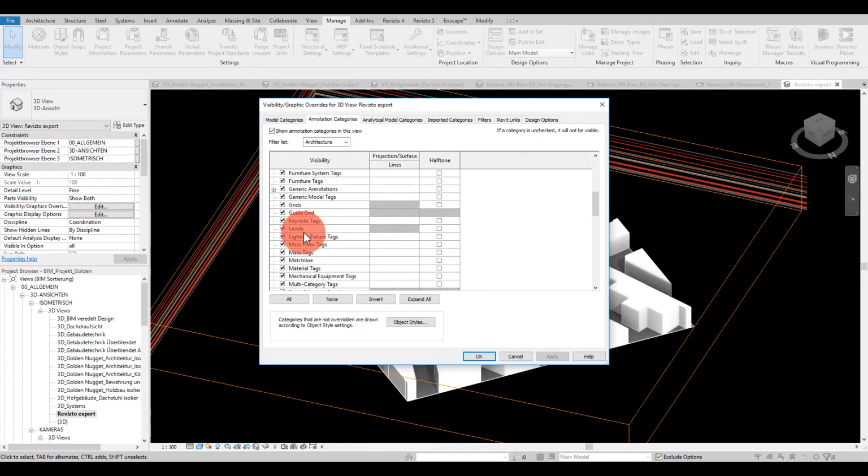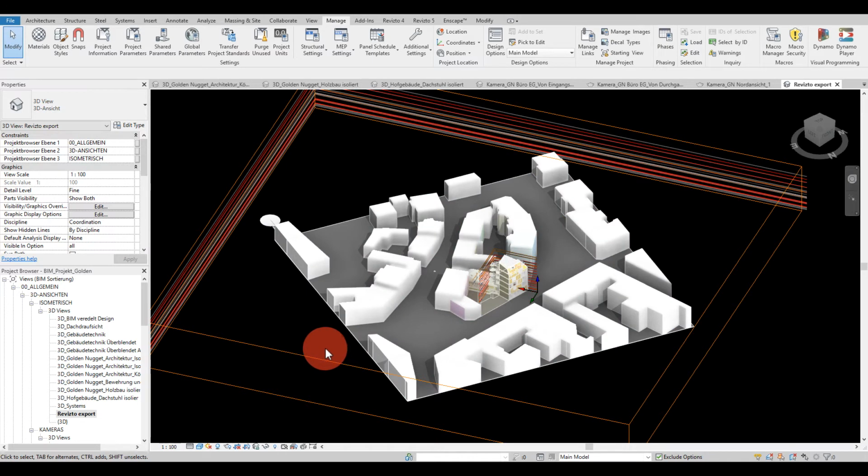In structural, sometimes they might have top of foundation or top of steel, things like that. And really, in terms of navigation and referencing levels in a coordination view, maybe only the architectural levels are